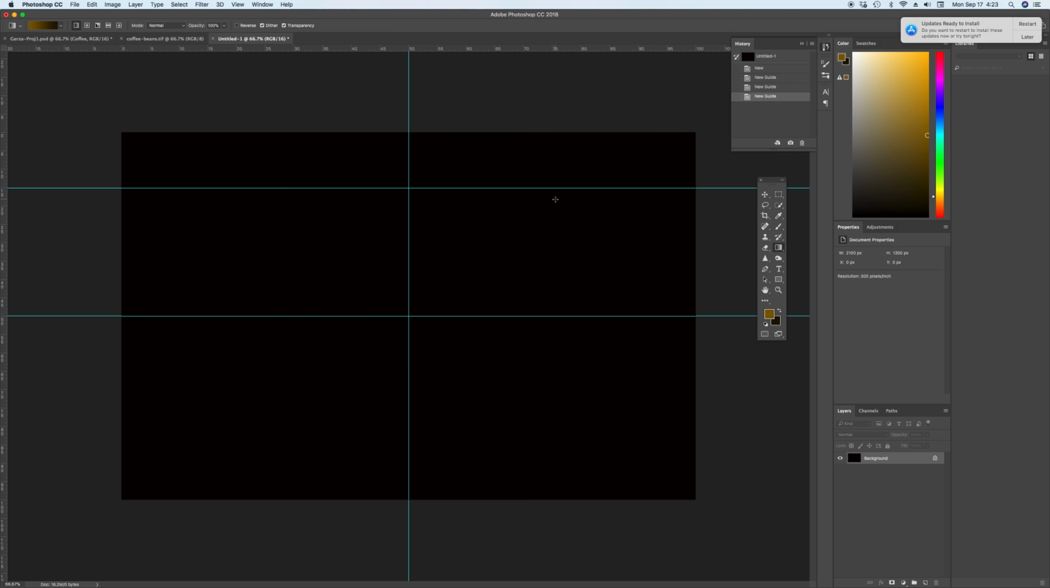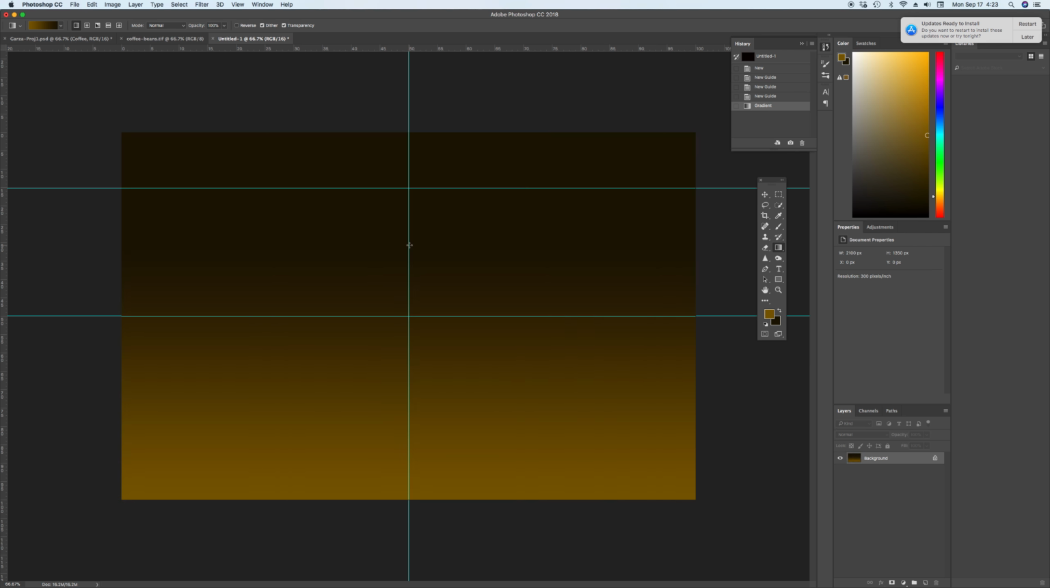Now with the gradient tool, I'm going to select the center bottom of my work page and click and drag up to the midway point between the 50% and 15%. Great. Now that I have my background color, I'm going to create a new layer for my text. So I will go to my Layers panel and New Layer, click,